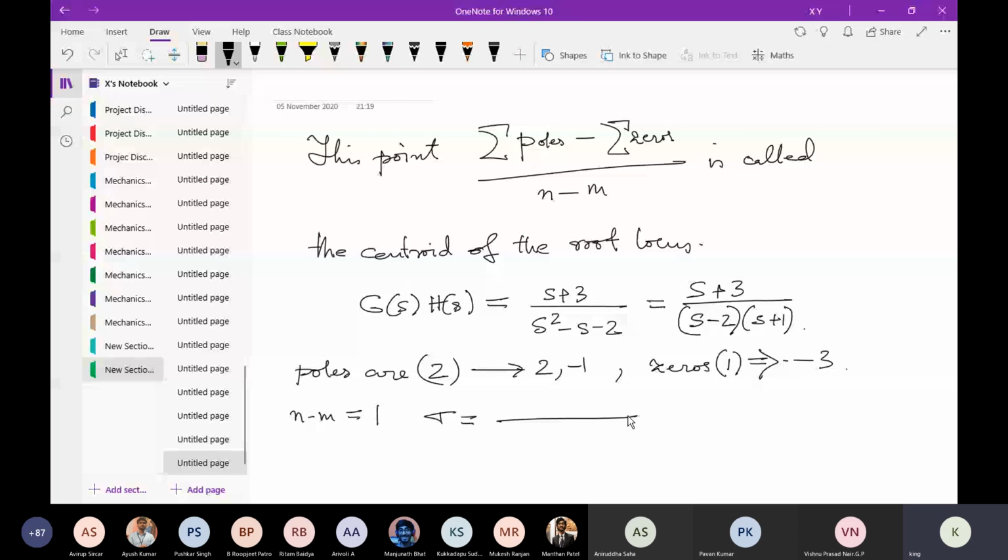Two plus minus 1 is plus 1, minus minus 3 is... and we can also find out the angle, which we have already found out earlier. I think I showed you the same example, that it will be 180 degrees. So the actual root locus